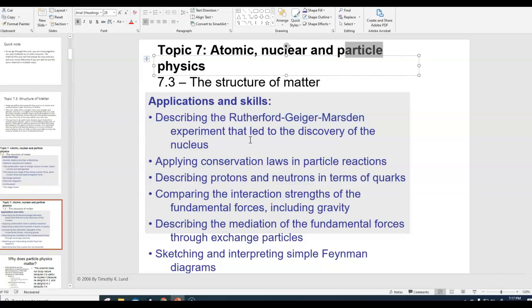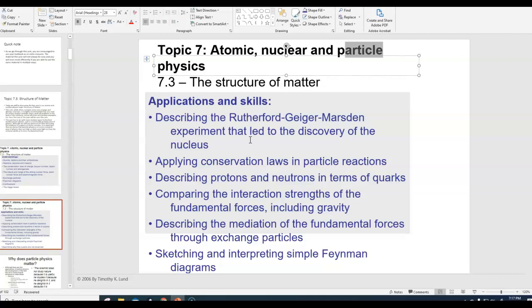Okay, we'll spend lots of time doing that. Describe protons and neutrons in terms of quarks. That's not difficult at all. We'll talk about that later on. Comparing the interaction strength of the fundamental forces, including gravity. We briefly mentioned that when we did topic 7.1 last year. So that's something we'll mention again, describing the mediation of the fundamental forces through exchange particles, and then sketching and